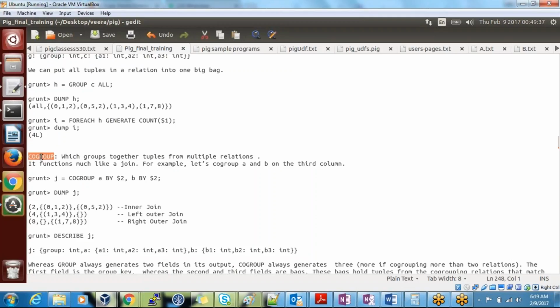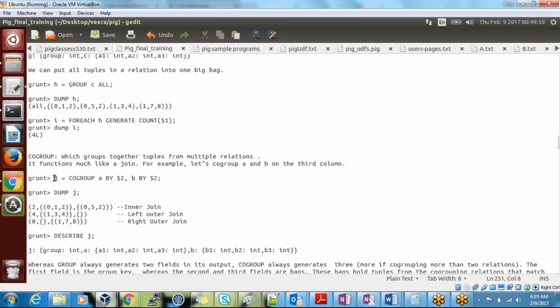But the co-group result is a little different. It'll work like a join. It groups together tuples from multiple relations, similar to your join. For example, let's co-group by second column in A and second column in B.